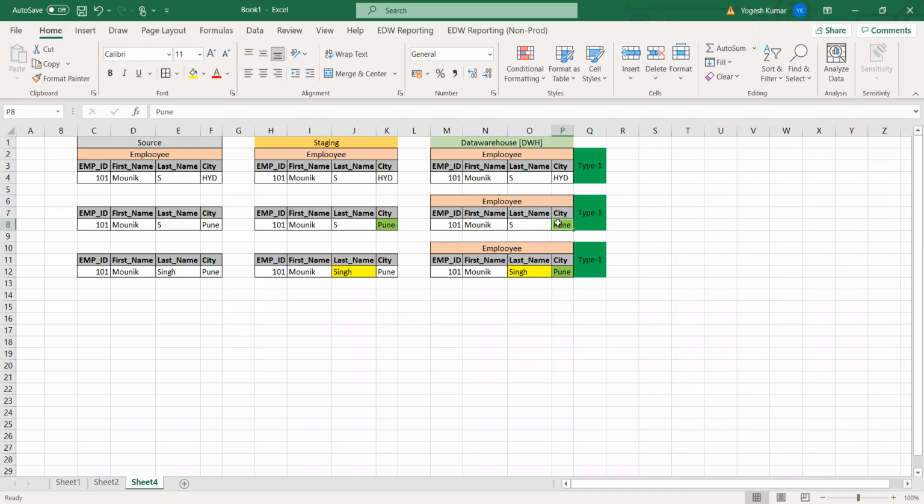Now, let's move to type 2. Okay, type 2. This is more important. Type 1 and type 2, these two types you will find in 80% of projects in companies. But we will learn everything over here. If the interviewer asks, at least you will be able to reply. Type 1 and type 2 are the two kinds of tables which you will find in every data warehouse. Without these you can't imagine a data warehouse.